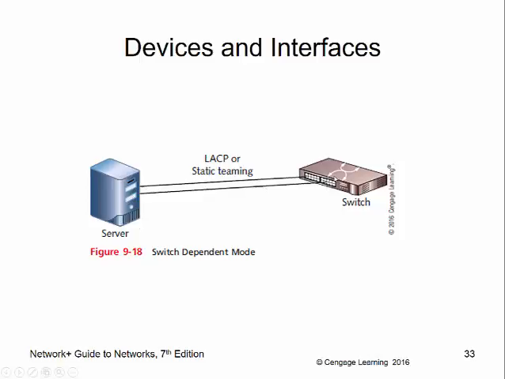Well, I might have two, right? Two connections going to the same switch, and this might be a form of link aggregation. Now, this buys me two things. I can get fault tolerance, because as long as one is still plugged in, I'm still communicating. Or I could do something called NIC teaming,